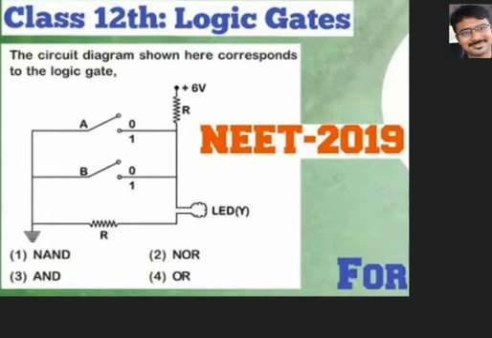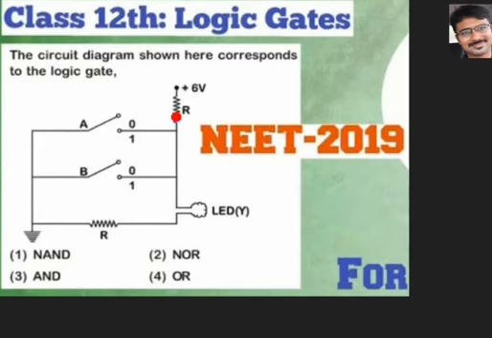Now the question is, in what situations will current flow through the LED bulb and give the output here. I have taken C as output, they wrote Y as output. Okay, fine, no problem. Here plus 6 volts is high potential. This is the 0 volts. Earthing indicates 0 volts, low potential. Plus 6 volts, high potential; 0 volts, low potential. Now current is always directed from high potential to low potential.